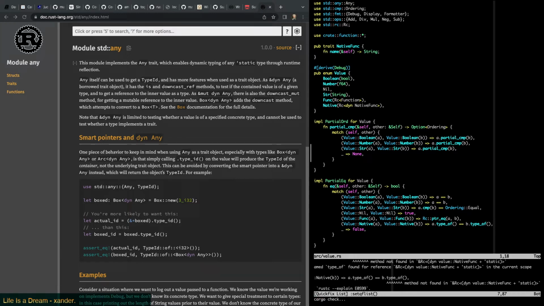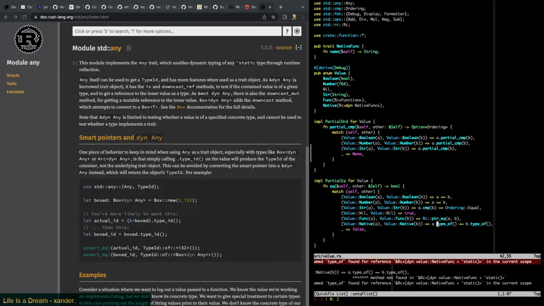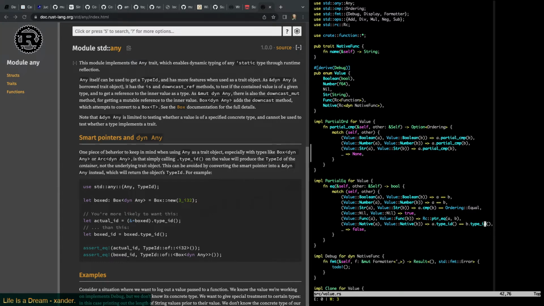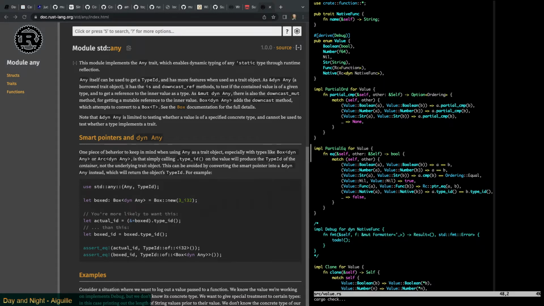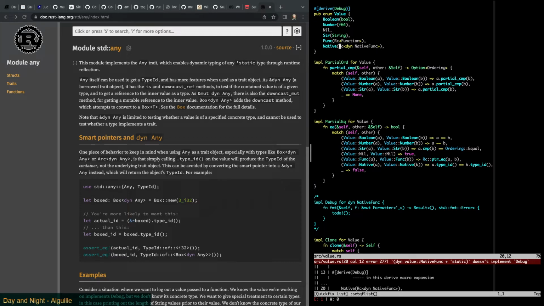And type, do I need type ID also, or just any? Oh, type ID, not type of. Yeah, we have 3 warnings, and that's probably because we're not using native func. Let me comment this out and see what happens. Okay, so we do, okay.